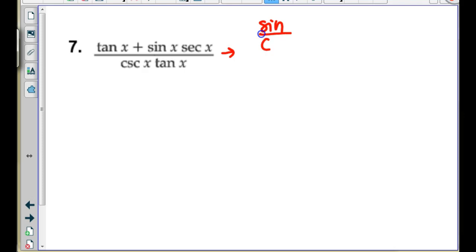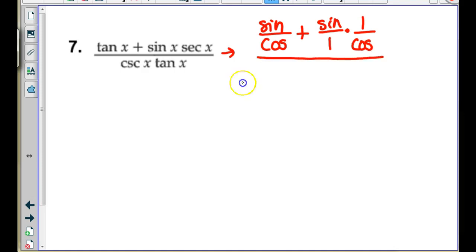I'm going to lose my x's kind of on purpose here so that we don't have so much writing. Plus, this is sine over 1. And secant is what? Okay. Down on the bottom, cosecant is times tangent, which is,